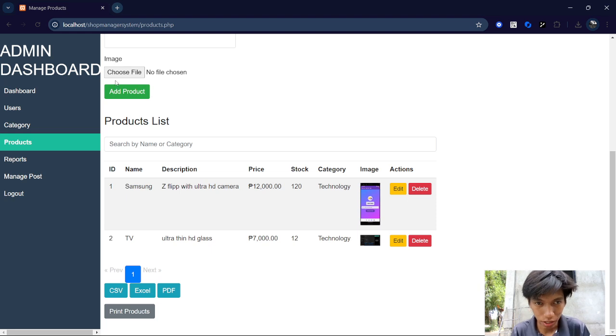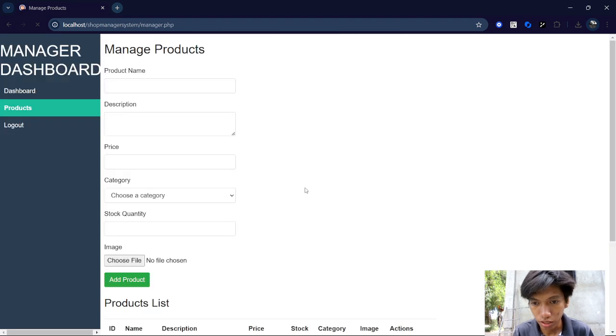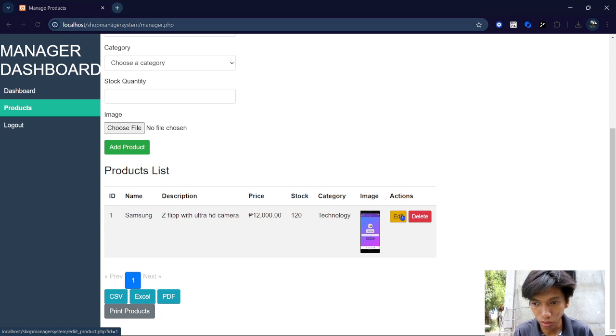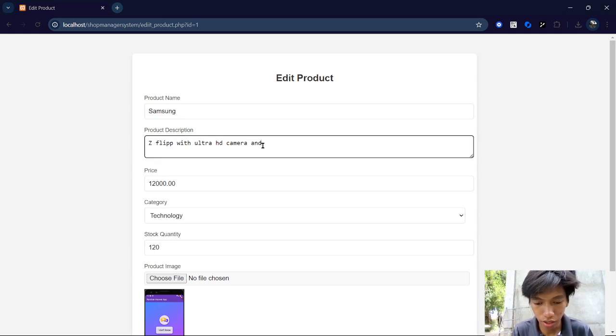This is the admin dashboard. We can delete this product, and that's it. We can also edit the product. So let's say HD camera, ultra wide angle.